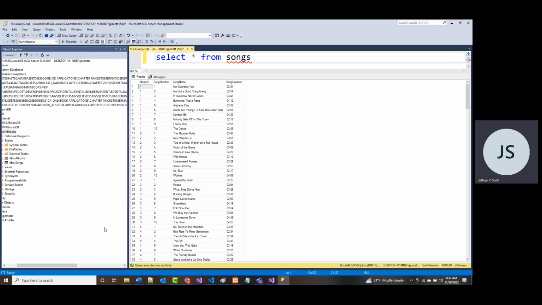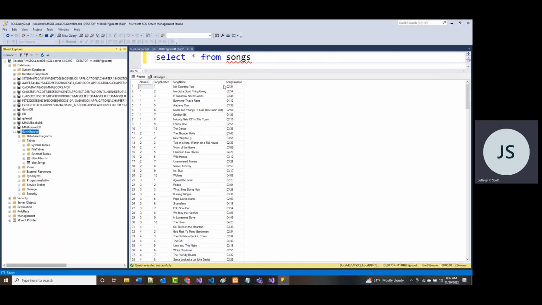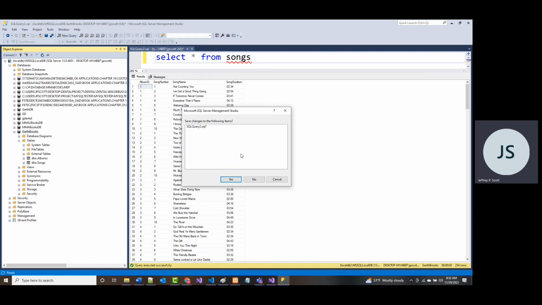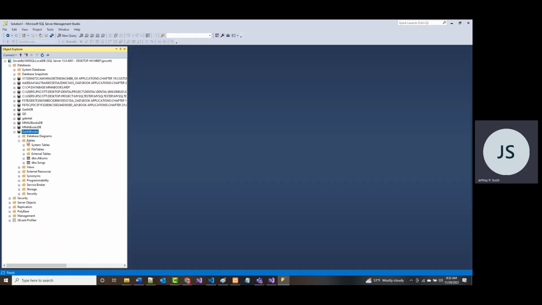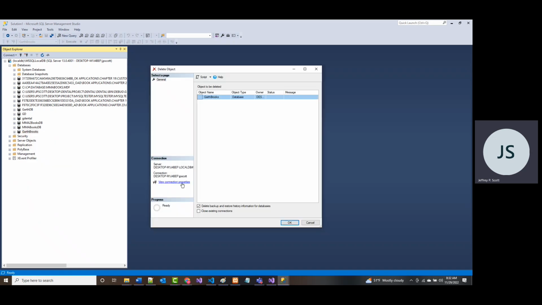All right. So now I don't need this anymore. This was just, again, and I know we'd already done it. So it's going to say, do I want to save this? No. All right. But I've got this Garth Brooks database. I already have my Garth DB database, which has the same things in it. So I'm going to close this and just tell it to delete it. Now, it may come back and give me an error and tell me it doesn't want to delete it. It's okay if it does that. And if it does delete it, that's good too. Either way is fine. All right. So we did that yesterday.